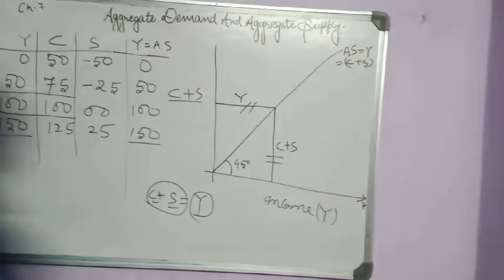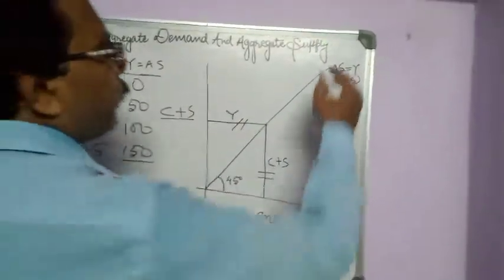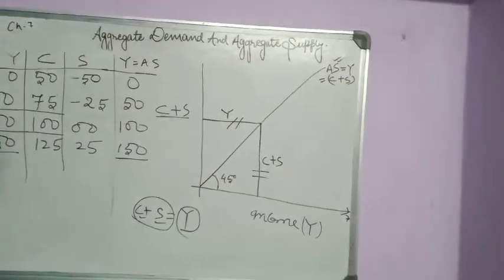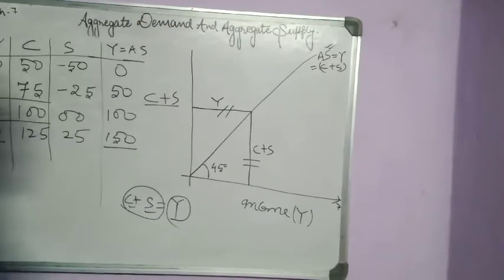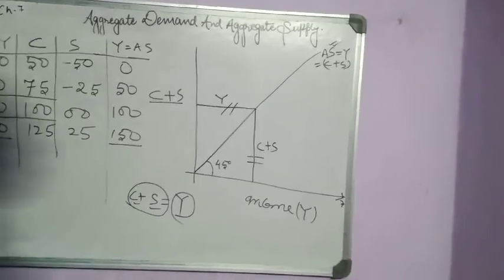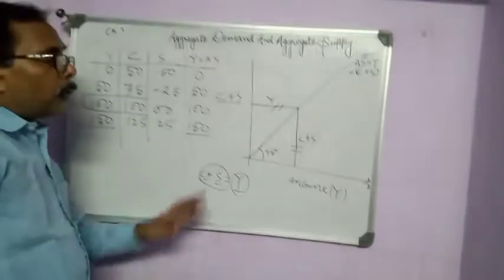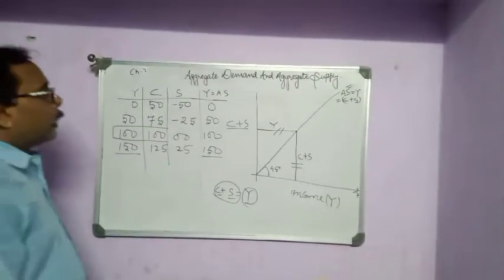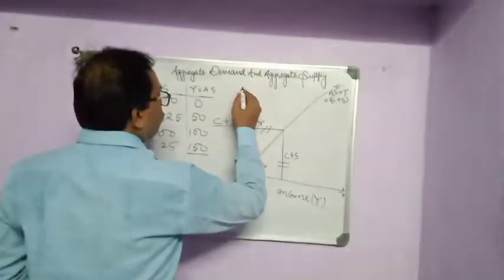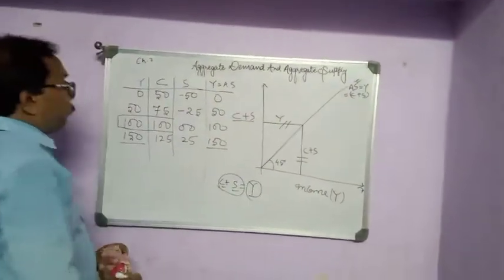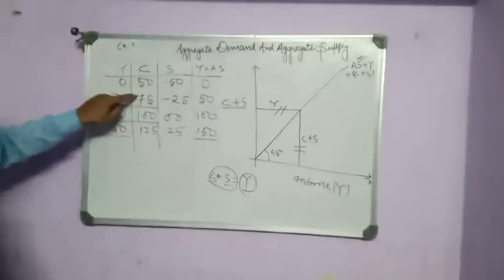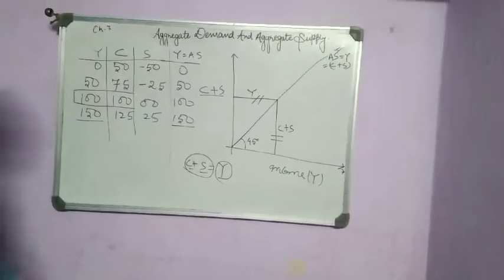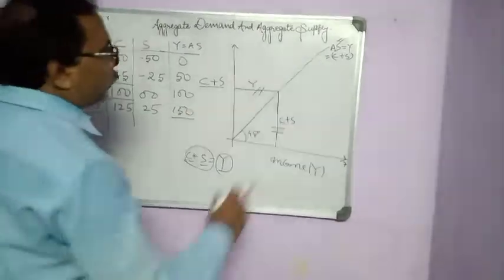Clear? So in most books you will find that it is written AS, that is the aggregate supply, and aggregate supply, according to the definition, is the money value. Now here some problem also arises among the students. So sir, if consumption is more, then in that case what will be the situation and how will it come at the same point? Again, look,